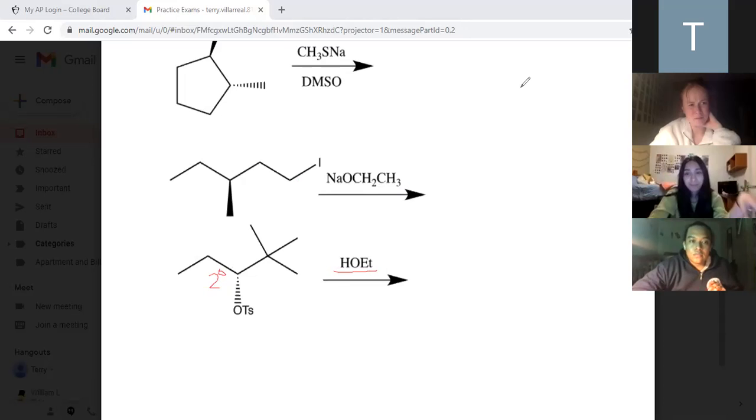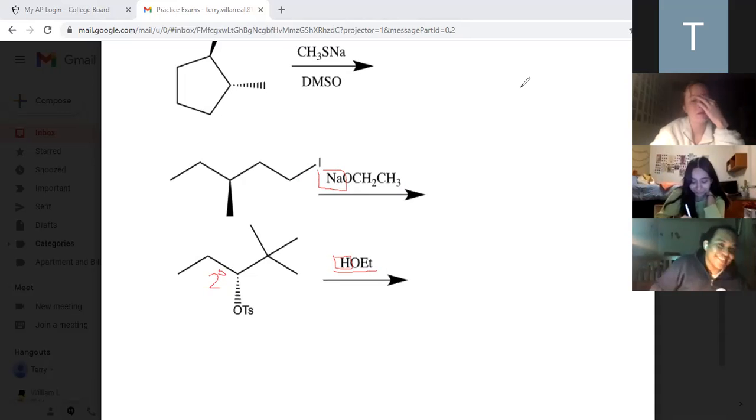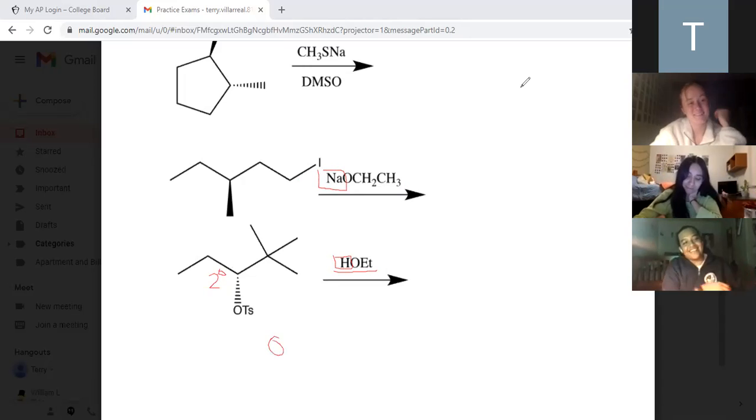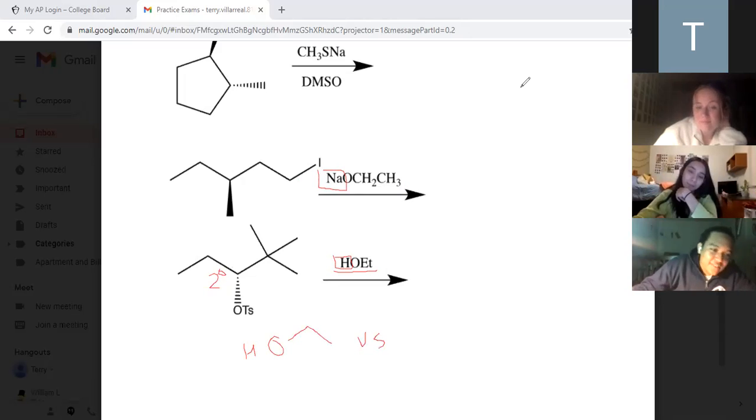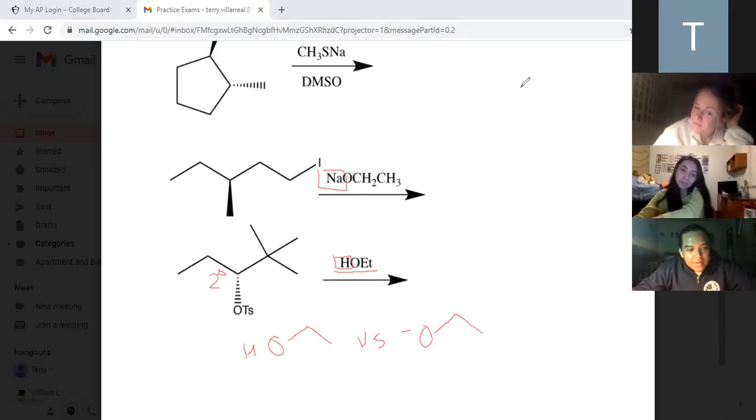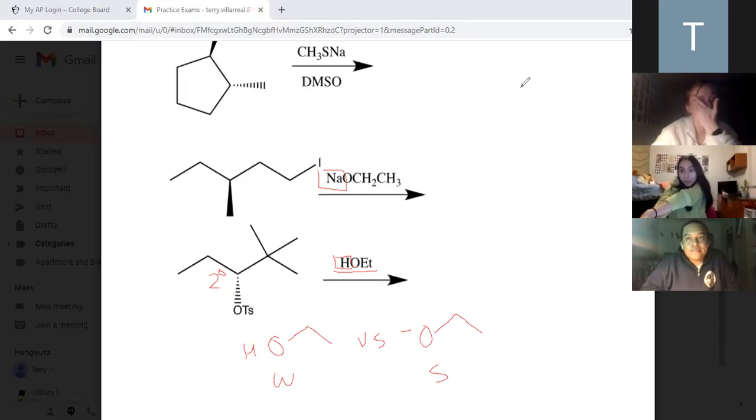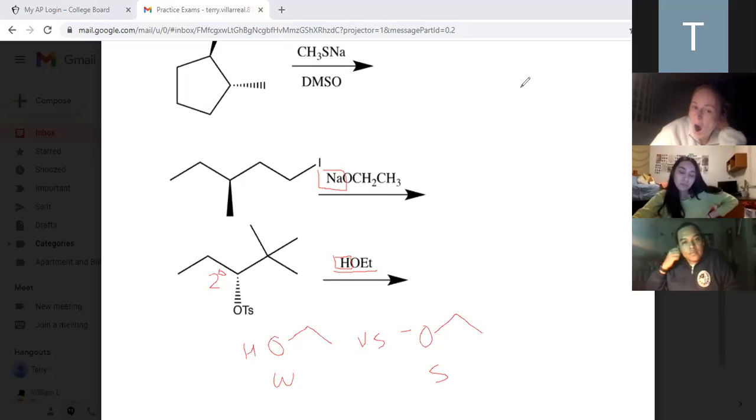It's not both? Because you have a metal here, you have a hydrogen here. Remember, when you just have the hydrogen, it's weak. Yeah. Like all of you. Just kidding. That's cruel. So when we think about it, when you have the protonated oxygen versus the negative charge one, this is the strong one. This is the weak one, right? So when you have the protonated one, that's always the weak one. So ethanol, weak base, weak nucleophile, all right?